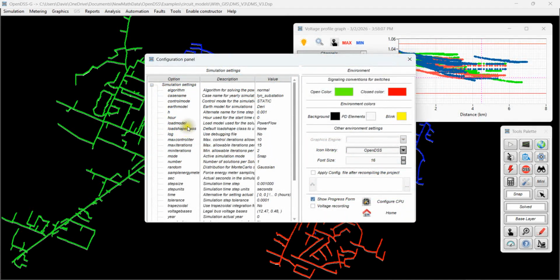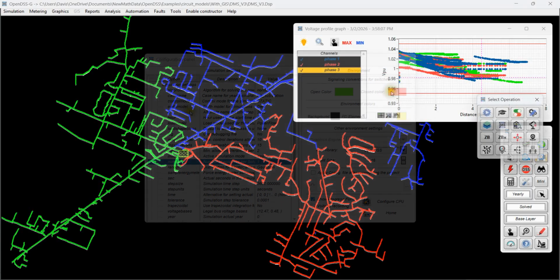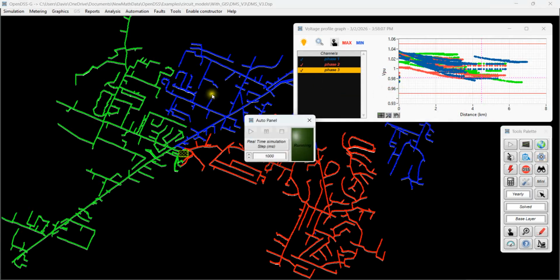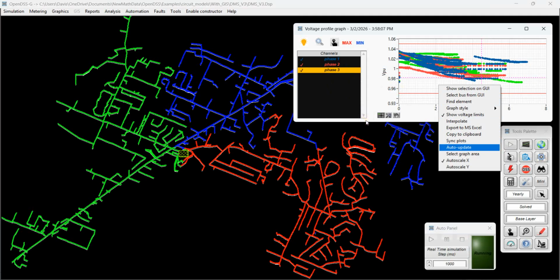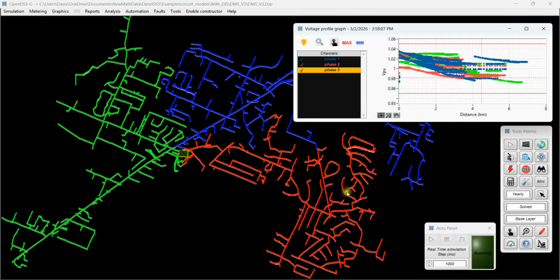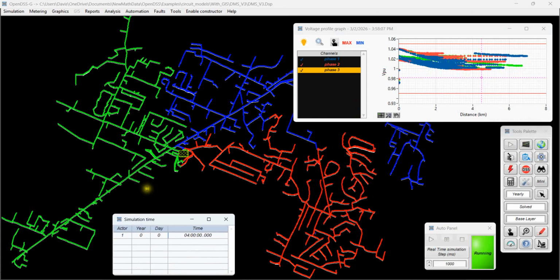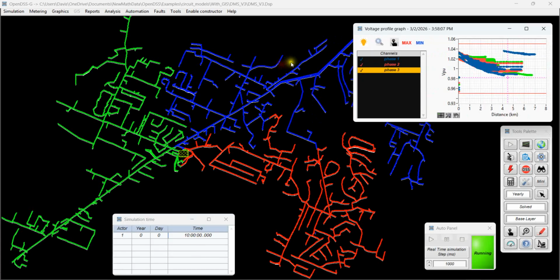The voltage profile graph also supports an auto-update mode, which allows users to animate the plot during time series or QSTS simulations. To demonstrate this, I've configured a yearly simulation with 1-hour time steps. The simulation will advance using the OpenDSS-G real-time emulation tool, which moves the solution forward every second. After enabling auto-update and starting the simulation, you can see the graph refresh at each step, reflecting how voltage evolves